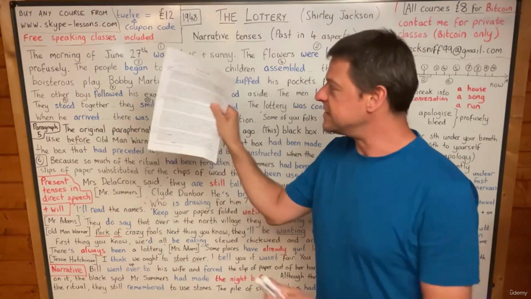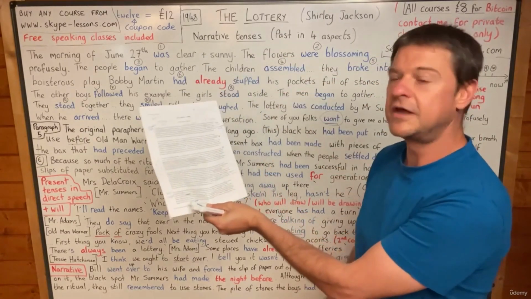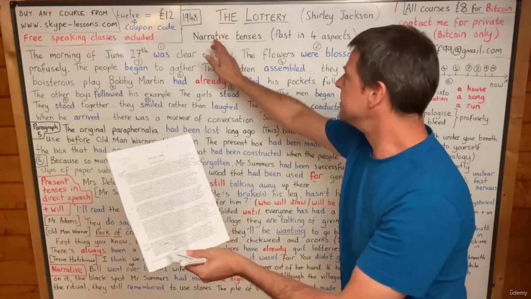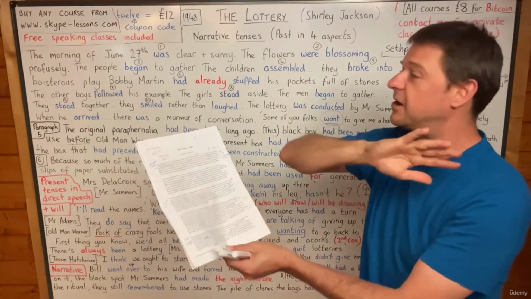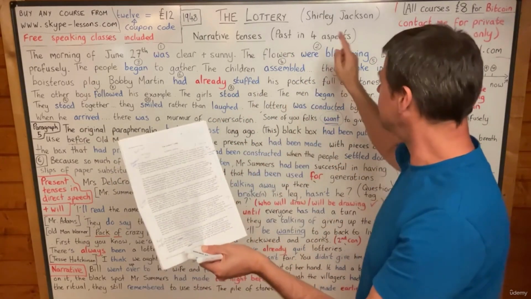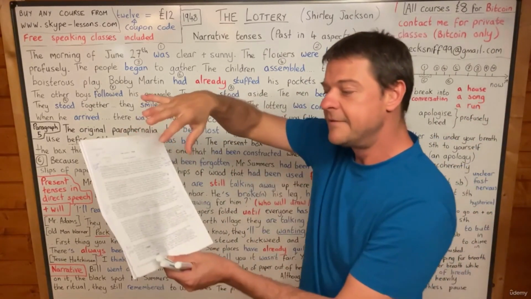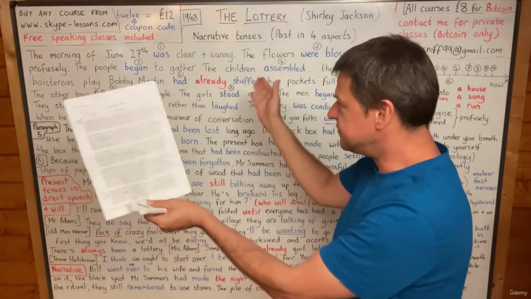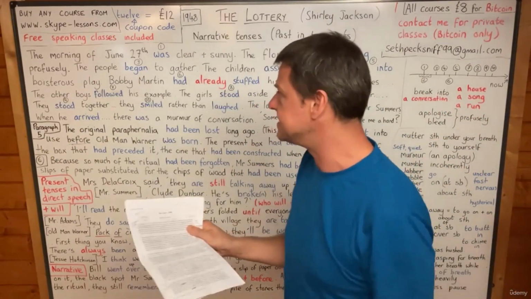And what you'll notice when you read this story is that the first four paragraphs only contain the past tense in three aspects. Not four, because perfect continuous doesn't appear. But we do see the past tense in three aspects. Let's have a look at what I'm talking about. And I have shortened many sentences that are on the board. Please read the original text for the whole sentence.